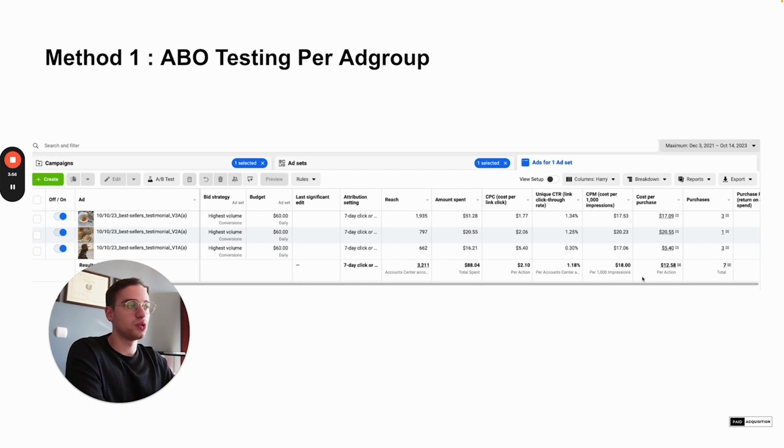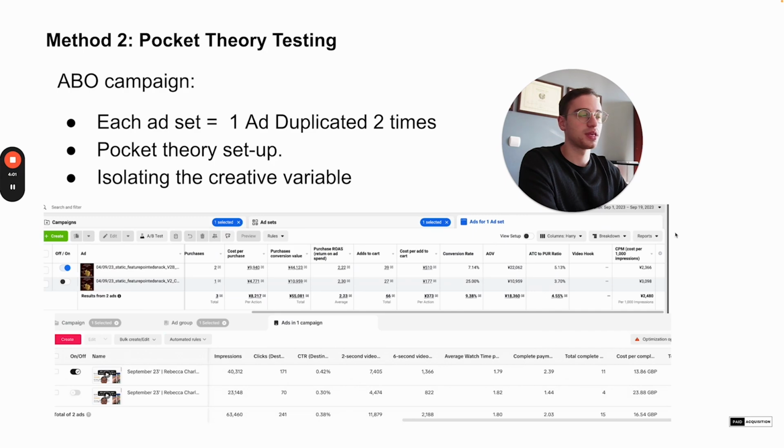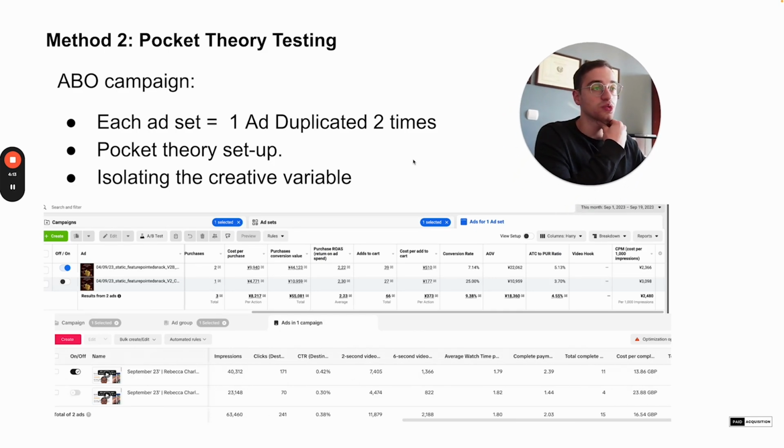Method 2 is bucket theory testing. This is my go-to, to be honest. It makes a lot more sense once you get the bid going in the account, spending a few $100. But in an MBO campaign, again, each ad set is one ad duplicated 2 times. So we use bucket theory, which means basically this is a measure to ensure that our ad gets delivered, because